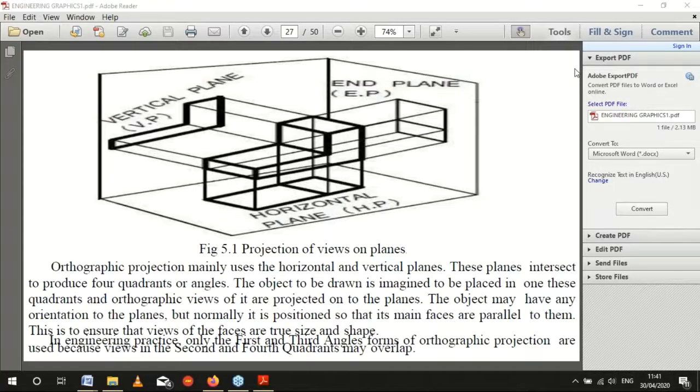Now the next one we're looking at is the first angle orthographic projection, and we must have seen this in mathematics. The first angle orthographic projection is in the first quadrant. In mathematics, we have the first, second, third, and fourth quadrant. I know we still remember our mathematics. When we talk about the first angle projection, we imagine the object to be in the first quadrant. So the view from the front of the object is obtained by looking at the object from the side view of the quadrant and tracing in